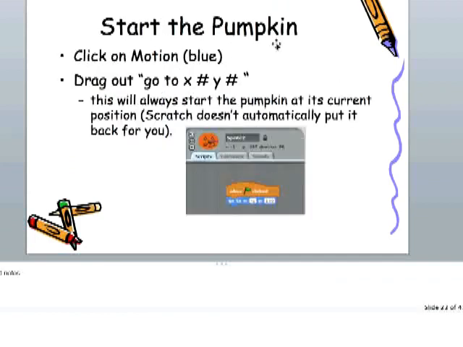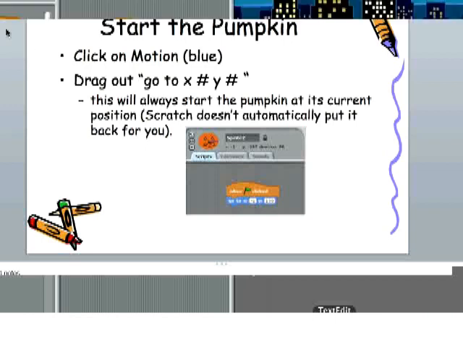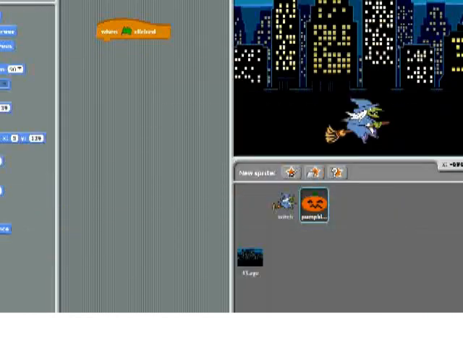So when we start the game, though, Scratch doesn't automatically reset to a given position, so you should go ahead and make sure that you're setting up your game so each time somebody hits the green flag, it starts where you want it to start. So we'll drag out of motion the go to X and Y, and what it's going to use is its